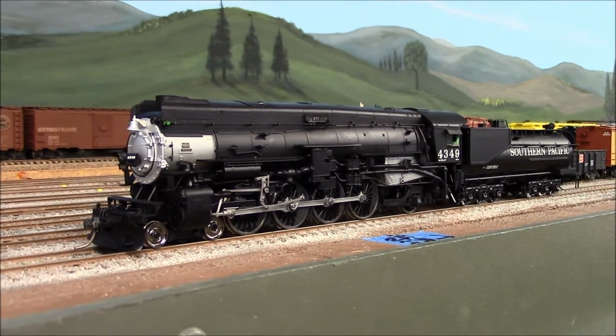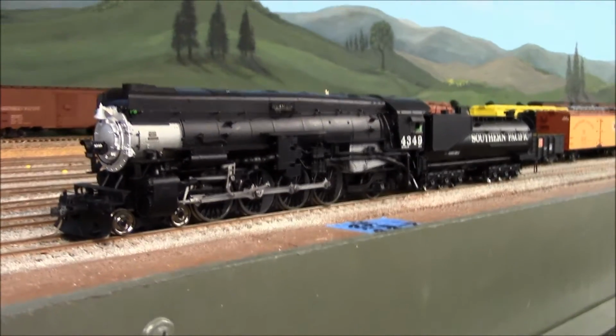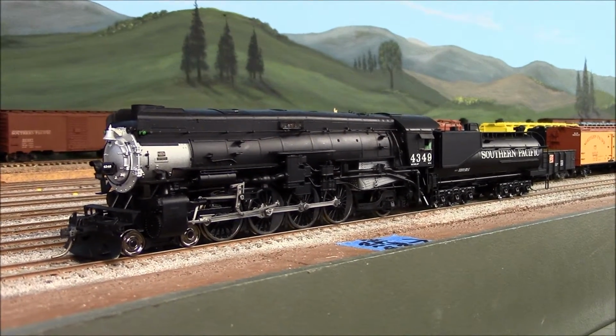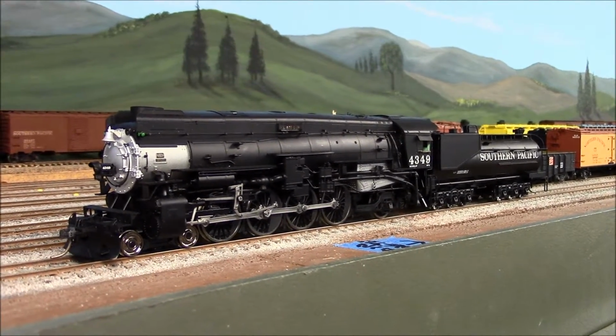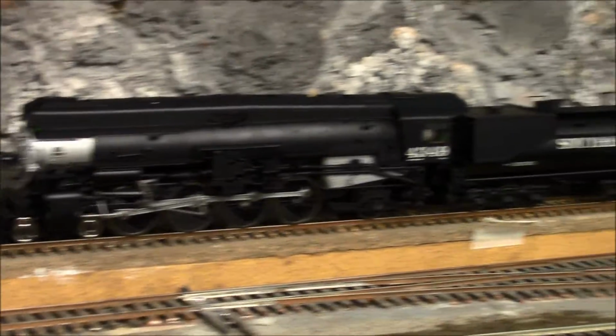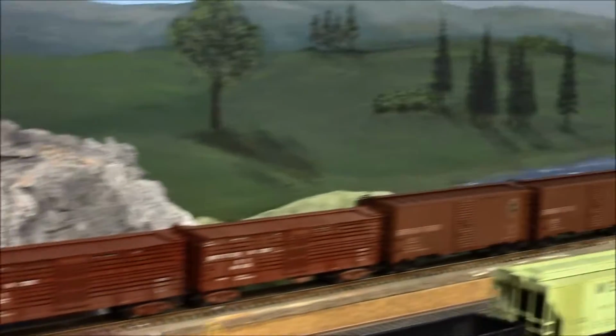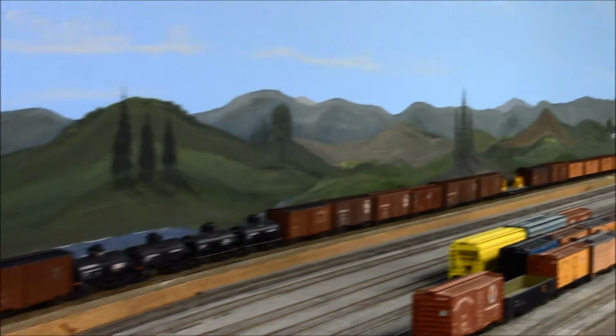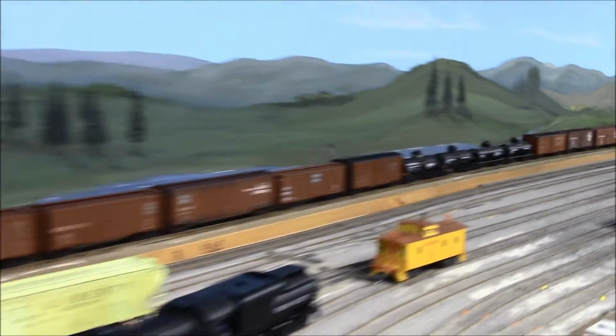the operations of this locomotive, and you will see it pulling about 30 cars on at least a 1.5 to 2% grade. Alright, so now I got it all hooked up, and you can see it is a pretty long train there, and I got it all ready to go. So I'm going to start it,